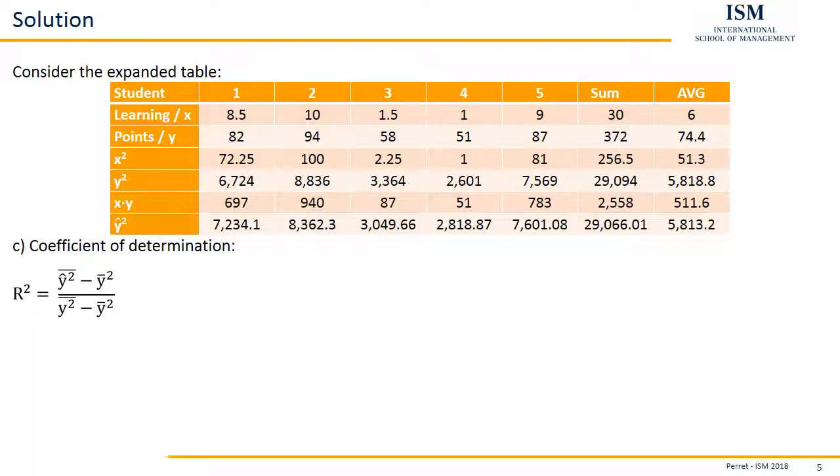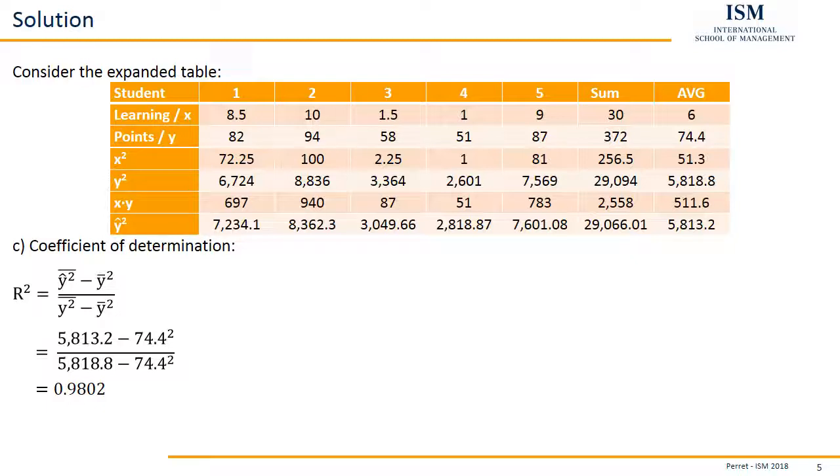From this we subtract the square of the average of y, so 74.4 to the power of 2, and we divide this by the average of y squared minus again 74.4 to the power of 2, so 5818.8 minus 74.4 squared. If we insert those values, we get as a result